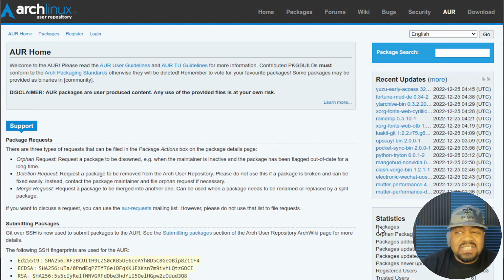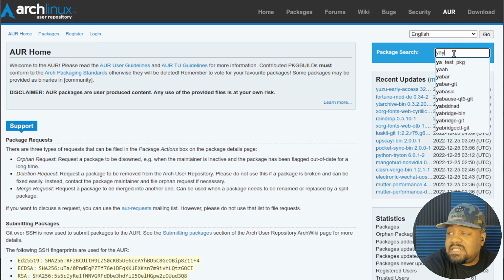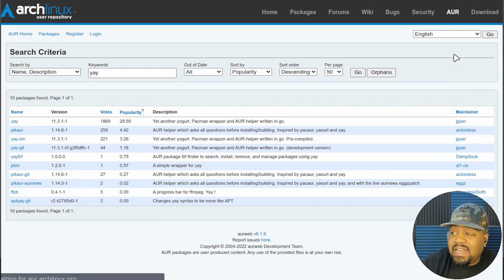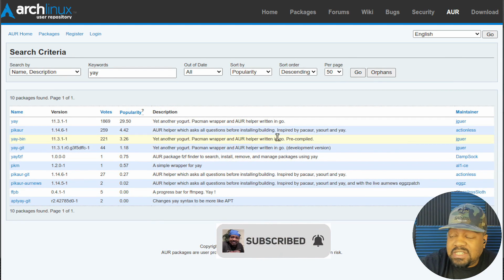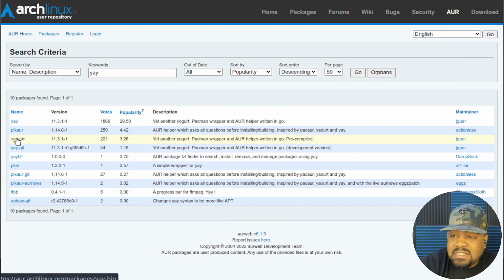Alright, so I'm at archlinux.org, and this is the Arch user repository. Basically, the link right here will get you to the Arch Linux user repository. All you have to do is click there, and then you can search all the packages that are available to you within the AUR. One of those packages I wanted to show you was Yay. Now they have multiple options. They've got yay-bin, which is precompiled. That's the bin version, but what I'm going to show you is the Yay package, and right now it's version